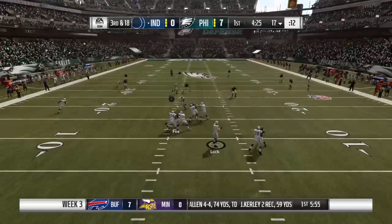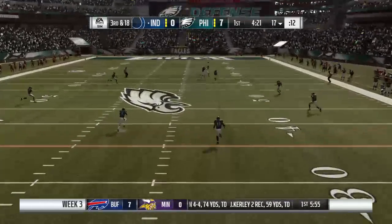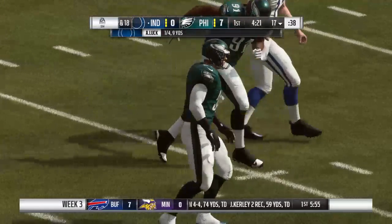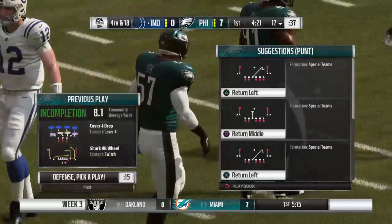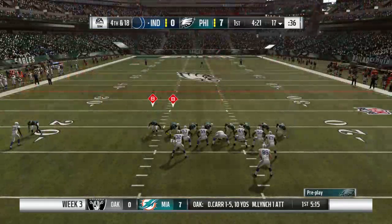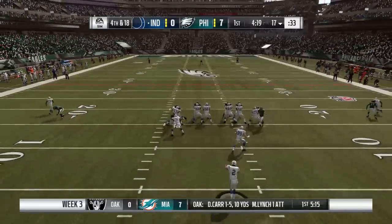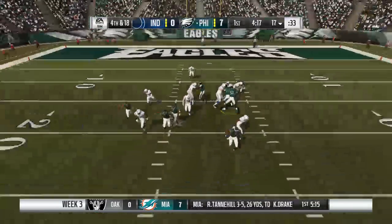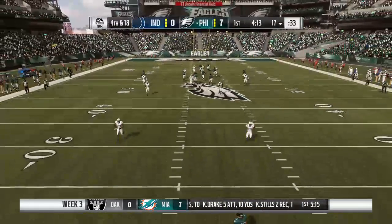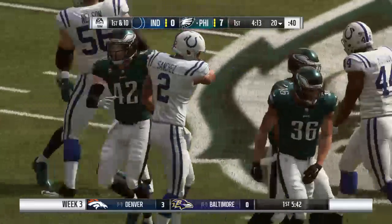Out of the gun, Luck. Looking deep for Hilton. And he couldn't hang on to it through the contact. Incomplete. Even without a ton of pressure in his face, it just shows how difficult it is to pick apart his own defense. Those guys are sitting back, and they're not playing receivers as much as they're playing the eyes of the quarterback and when he delivers the ball. And no one there to stop it. Hits at the 8, but it carries all the way into the...